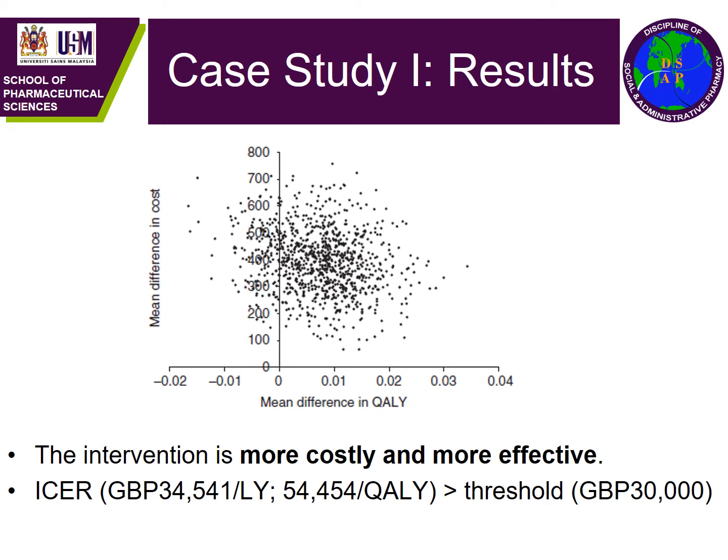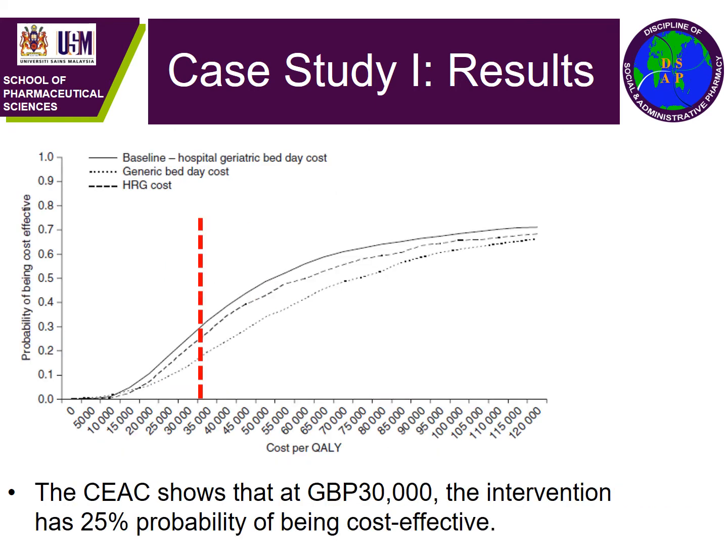In this cost-effectiveness plane, they see that the intervention, after many simulations, would result in the conclusion that HMR would be more expensive but also more effective, and that most of the time it will be above the cost effectiveness threshold by the decision makers of 30,000. So with this, they show that home-based medication review only has a 25% probability of being cost effective.